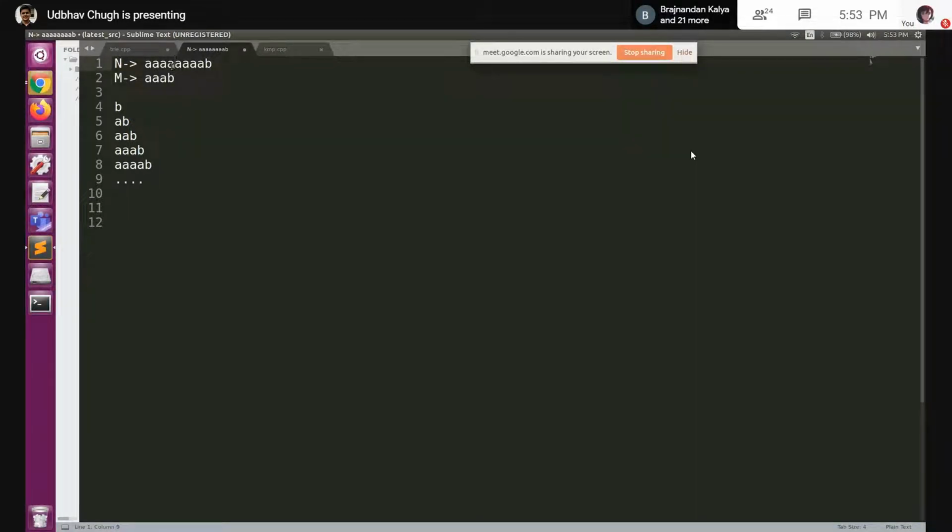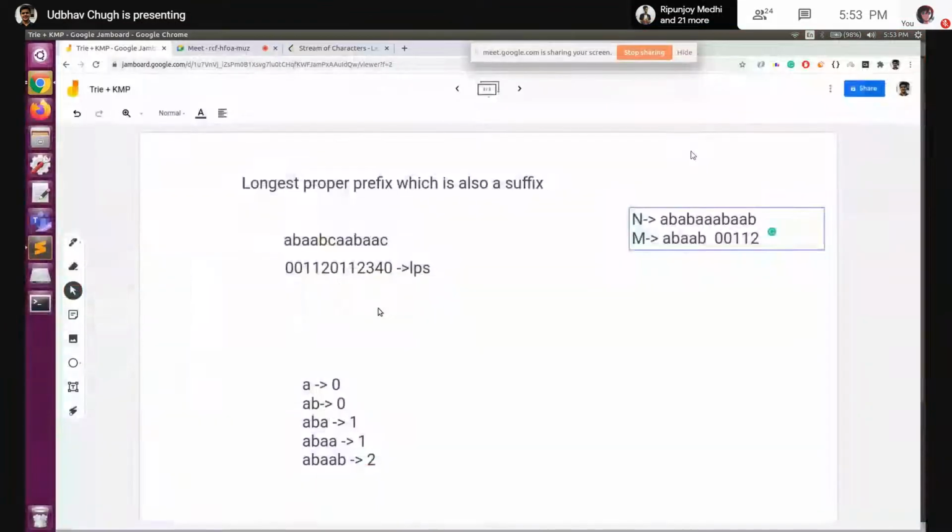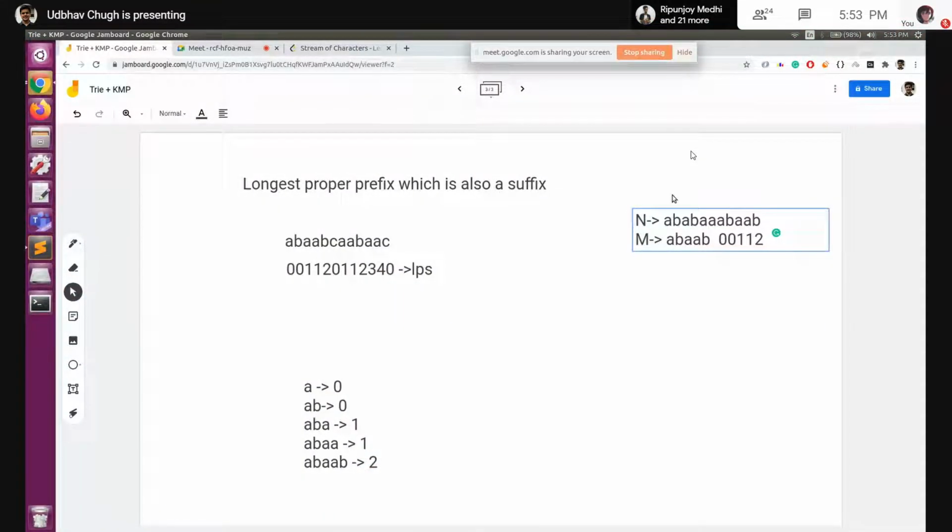If we were able to use it, we can directly jump to the next A and compare it with this B. If you already know that these 3 A's were matching with the 3 A's in the beginning of M, we don't need to recheck them, which we were doing in the brute force approach. In the brute force approach, we were starting from index I equal to 1 again. So this LPS helps us keep a memory of what parts we know for sure will match in the query string.